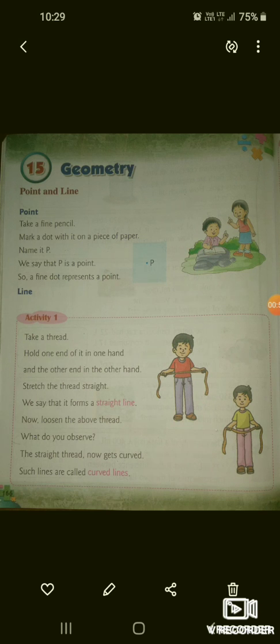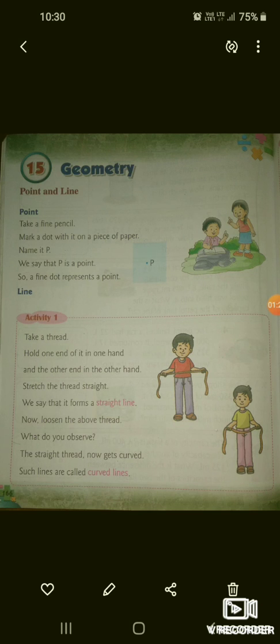According to your book, under the heading point, take a fine pencil, make a dot with it on a piece of paper. Name it as P. We say that P is a point. So, a fine dot represents a point. You can see in the given picture in your book.